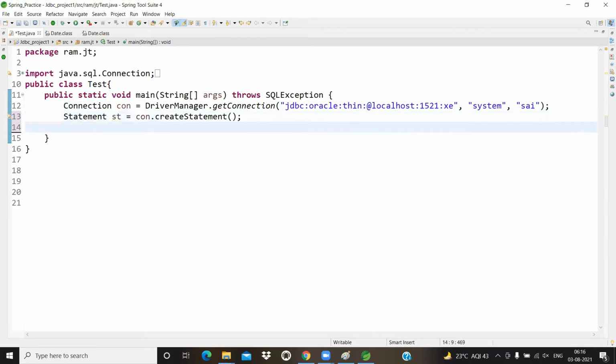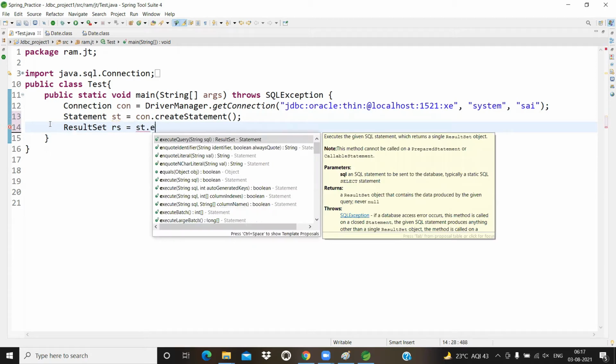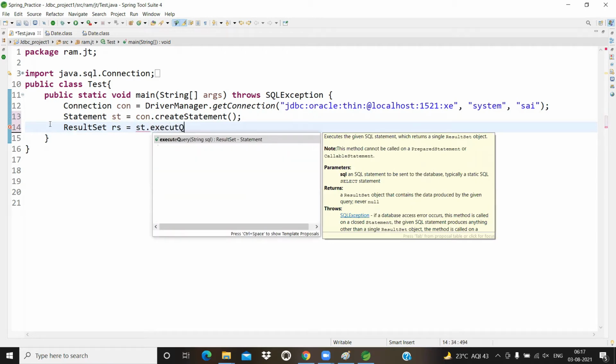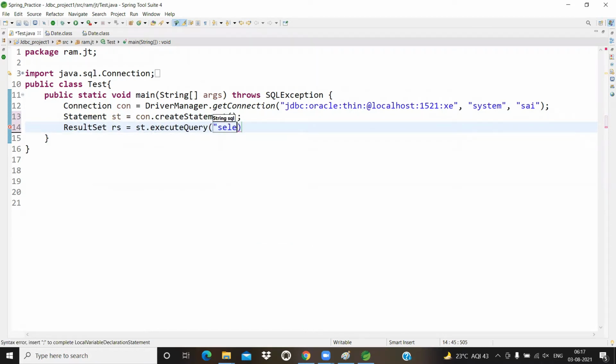After that, I am creating the result set object: ResultSet rs equal to st.executeQuery. Here I'm writing select product_id, product_name, product_price from the product_info table.